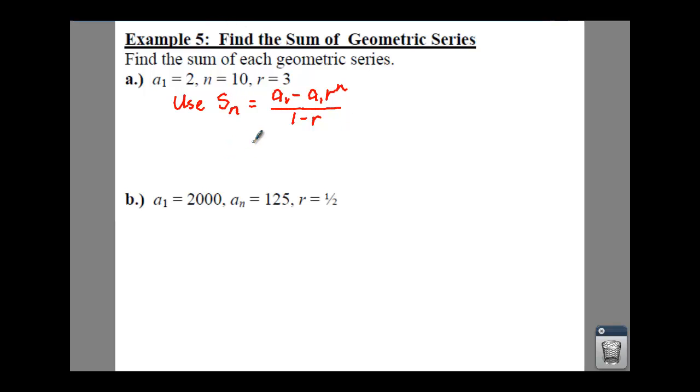So we're going to say we have your first term, which is 2, minus 2 times 3 to the power of 10, woo doggy, all over 1 minus 3. If you plug these into your calculator, and at this point you should be letting your calculator do almost all your work, that's going to give you 2 minus 2 times 3 to the 10th power,